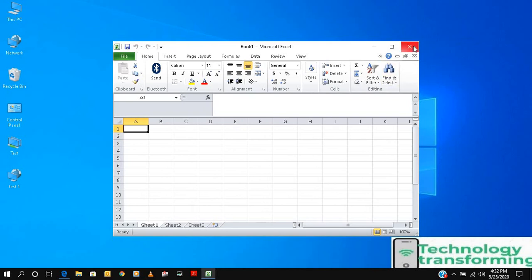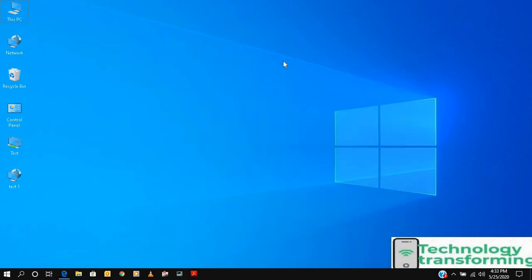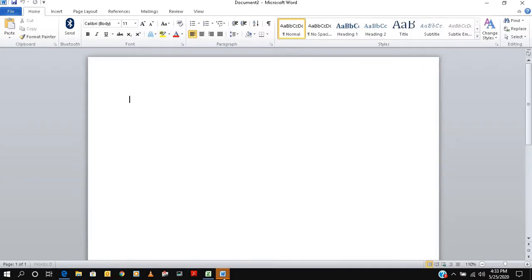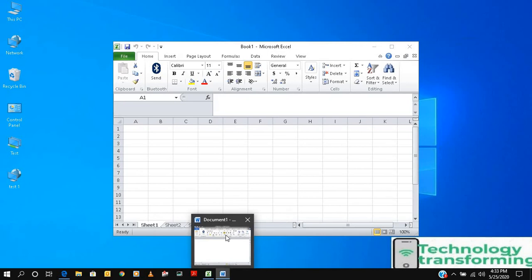You just see, I pressed Control Alt and 4, whatever we set from there. I already made Control Alt and 1 for Word, so Word is also open.